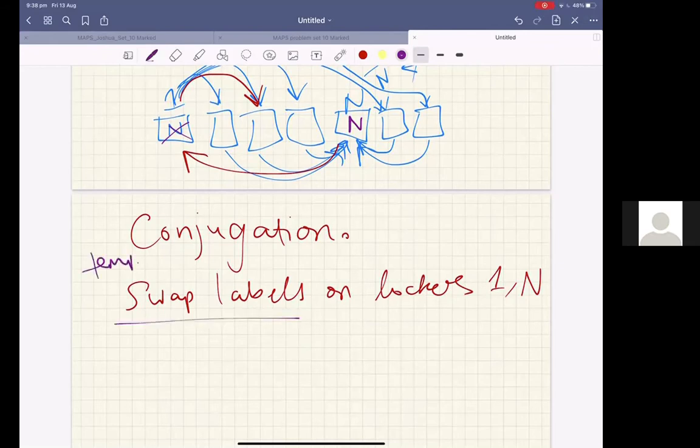Temporarily swap the labels on lockers 1 and n. See if I can find a derangement after I've done this, such that when I swap the labels on lockers 1 and n back to their rightful label, what I get is also a derangement. So if I temporarily swap 1 and n, so I make n temporarily hold its own label,